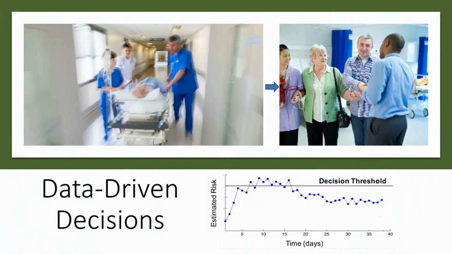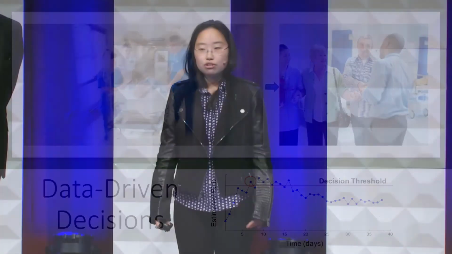Using these identified patterns, given a new patient, our algorithm will produce daily estimates of risk. And once this risk passes a predefined threshold, we determine that this patient may benefit from an intervention. So to recap, we have taken data that are already being collected during a patient's hospital visit, and we have used it to automatically identify those patients most likely to get the infection, and therefore most likely to benefit from